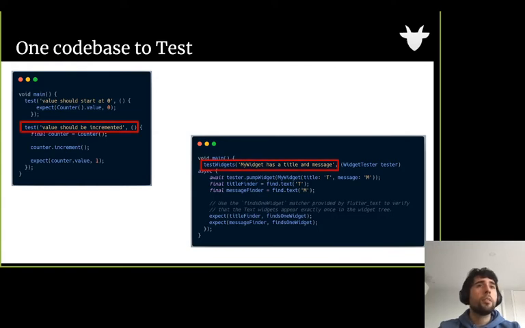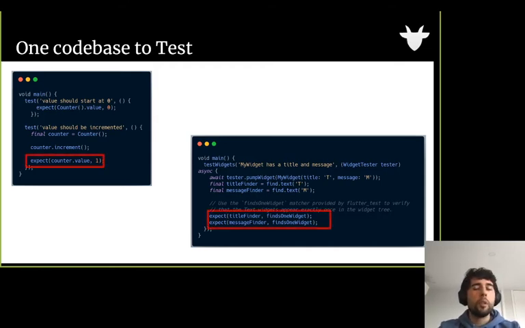We declare a new test, we give it a name, then we do some verifications. On the left, we are calling the function. On the right, we are finding a UI element. And when we finish, we always do the same thing: we expect that what we are testing is equal to an expected result. So as you can see here, we are using the same language and almost the same methods to test both the code and the UI. The good thing is that this is not a test specific to web or specific to mobile. This test, as it is now, runs on all platforms.